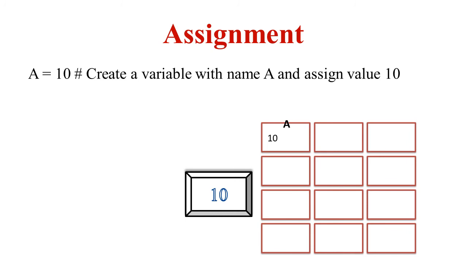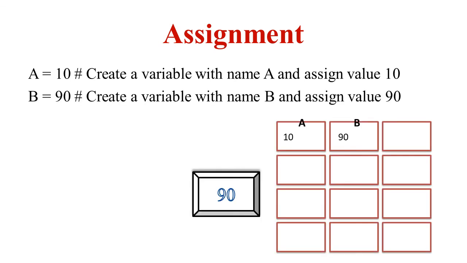Now, first of all, we are talking about A is equal to 10, that is the assignment operation, where our interest is to create one variable A and assign it a value 10. So here, Miss Goofy Kumari, as we have talked about, is going to use a tray to save my number 10. And from here, it is going to be passed into my memory, that is my pigeonhole message box. And it is going to be saved at one location and a label A will be assigned to it. So this is my one assignment operation.